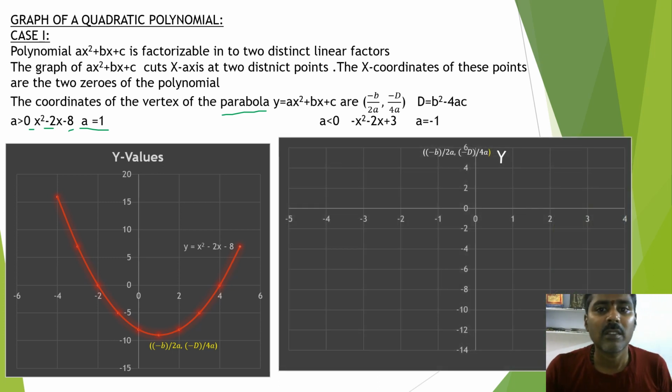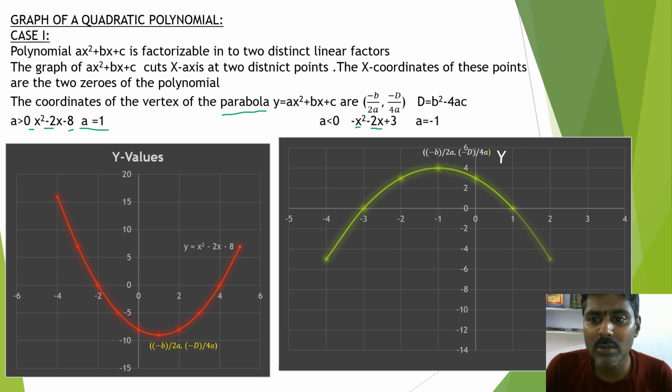The same way, we will substitute different values of x so that we get the corresponding values of y. On plotting on the graph, you will get different values, and those values give us the parabola. This is also a U-shaped parabola and the vertex is here, minus b by 2a comma minus d by 4a. If you substitute, you will get minus 1 comma 4. So that is the vertex of this parabola, and from this, if you take any 2 points on the parabola, they are equidistant. That is the vertex, and this is a downward parabola as a is less than 0.